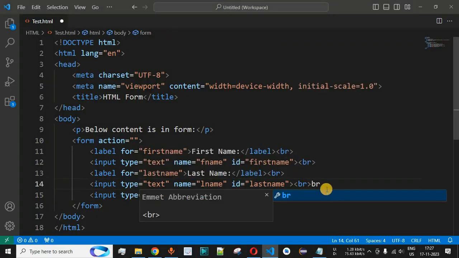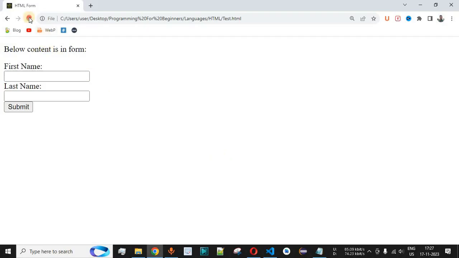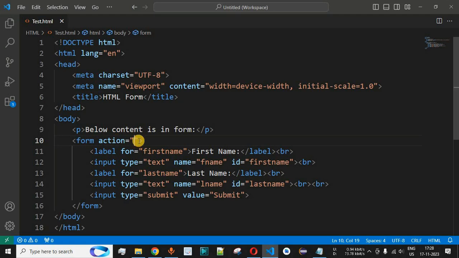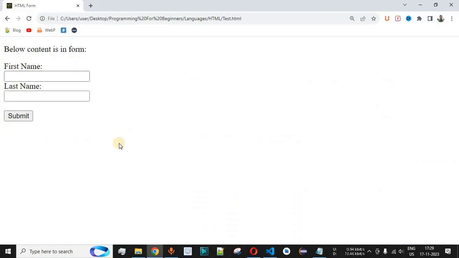Guys, we will add one more BR tag over here so that it looks more decent. So as you can see, submit button is being separated with 2 BR tags over here. So this is a very basic form that we have created for now. Basically the user will be able to provide the first name and the last name and then click on the submit. So what will happen is, the file name that is provided inside the action attribute over here will be called, and along with that the file can access this first name and last name values that is provided by the user. And guys, this is the main purpose of using forms in HTML.